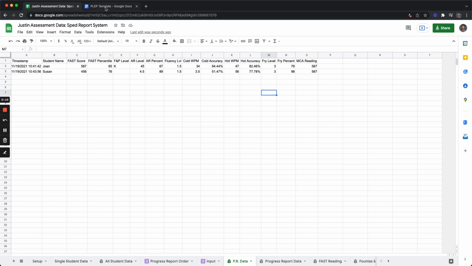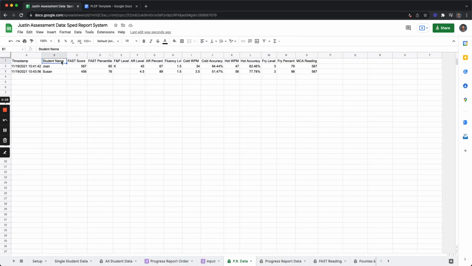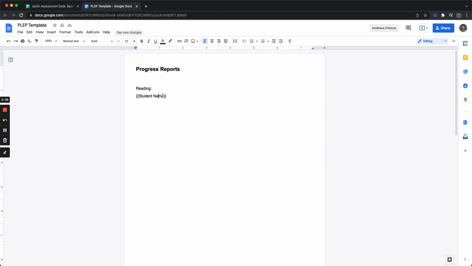to our progress report. The thing that we got to do is, while we're writing this progress report, we add in these fields, and so we use these curly brackets to show when we want some piece of data to go into the report in that place. What it's going to do is match up the headings of our Excel spreadsheet or our Google Sheets spreadsheet, and it's going to take the exact value here, and we want to have that exact same value in our curly brackets,